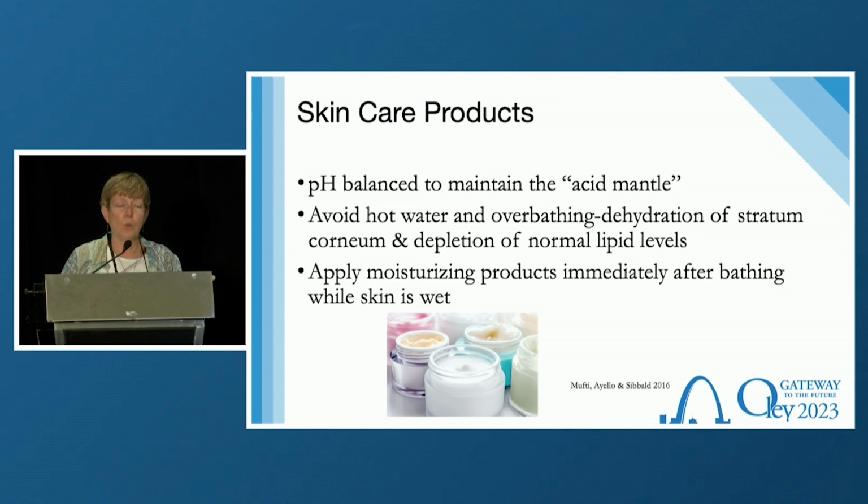Especially as we get older. As we're younger, we kind of get used to taking a bath or a shower every day. But as you get older, a lot of times you don't need to bathe completely that frequently. Some people do every other day, or especially like a lot of individuals in nursing homes, they only bathe them a couple times a week. They may wash their face and do some pericare, private areas, but you don't need a full bath and shower, because a lot of times then you're just drying out the skin,